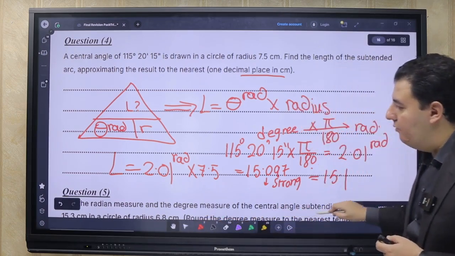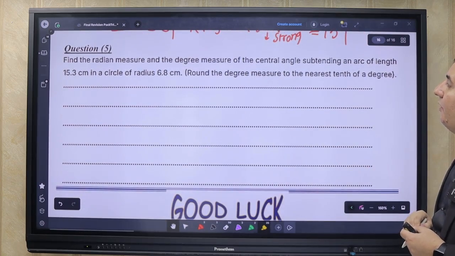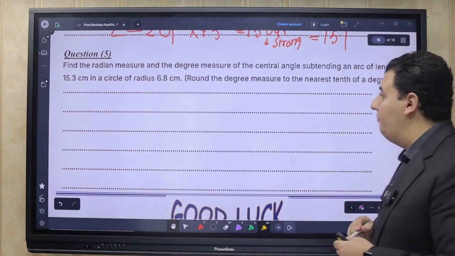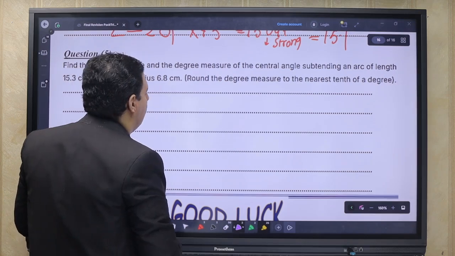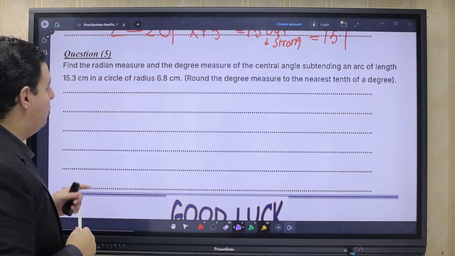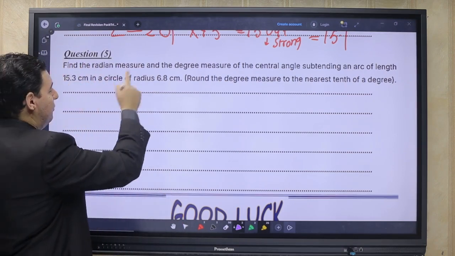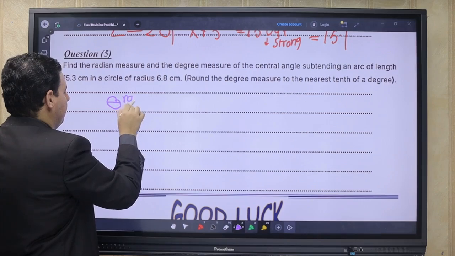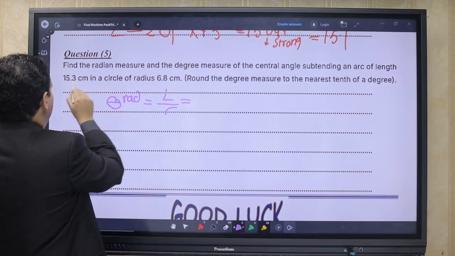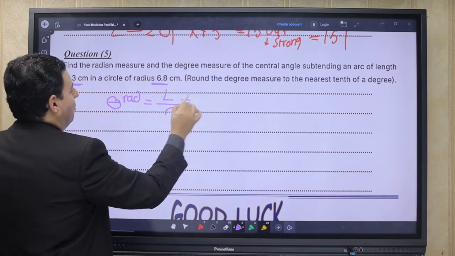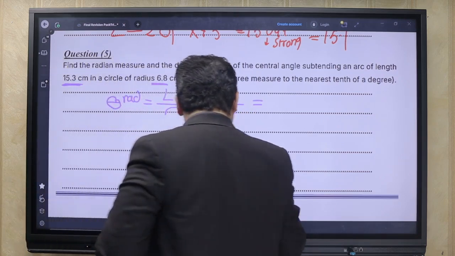The last question. Find the radian measure and the degree measure of the central angle subtending an arc of length 15.3 centimeters in a circle of radius 6.8. Round the degree measure to the nearest tenth. First, when we find the radian measure, theta in radians equals arc length over r. Arc length equals 15.3 and the radius length equals 6.8. So we write 15.3 over 6.8 equals